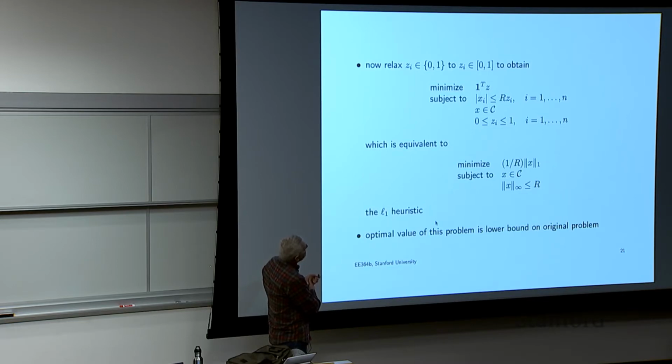But if you stare at it carefully, you'll realize that, if I divided things out, this is actually the epigraph. The sum of z's here is the epigraph. This is the epigraph representation of the L1 norm of x divided by r, right? Or just take r equals 1. So this problem, which is literally the Boolean relaxation, the relaxation of the original Boolean problem, just simply becomes